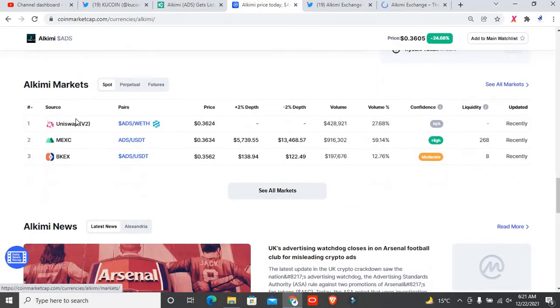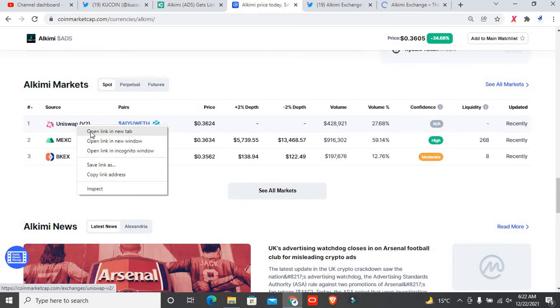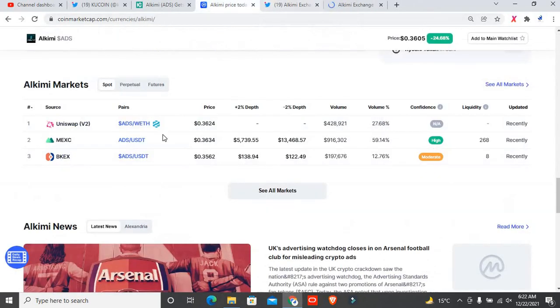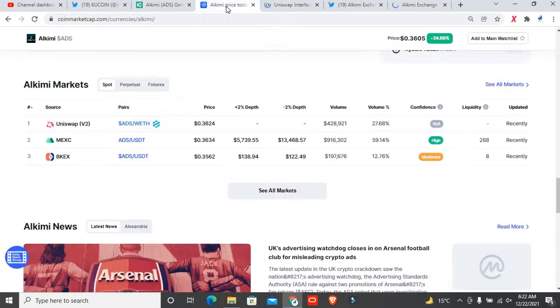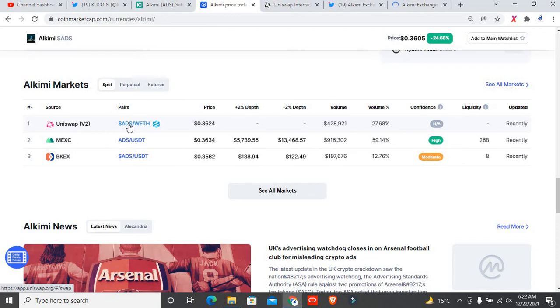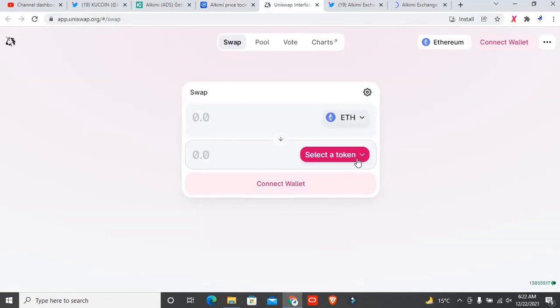If you look at this token, you can easily buy it from Uniswap. If you want to buy this one from Uniswap, you must first search for Uniswap on Google Chrome. After that you will easily be able to buy this token. Right here my internet connection is not too stable, that's why I didn't give you some important details about that. But if I just click on that, then it will open directly. Right here you can see we just wait for that. After that they directly want to import in this exchange.